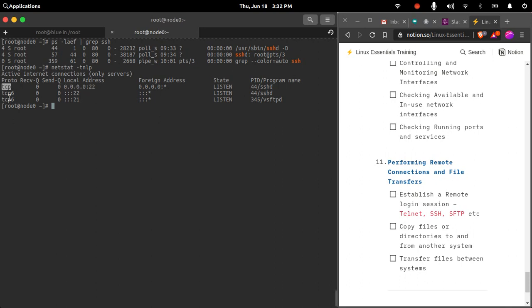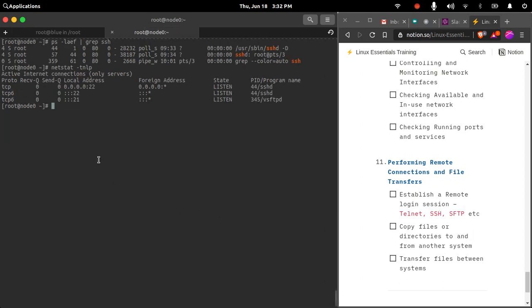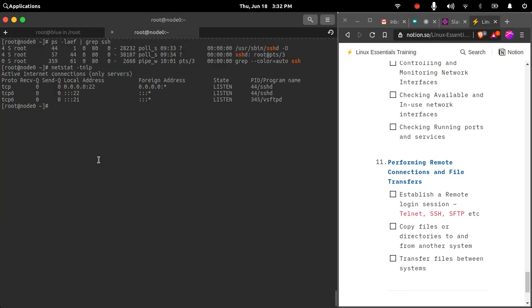It is listening on IPv4 as well as on IPv6. This is the IPv4 address, and this is the address range for IPv6, which is currently not specified. I don't have any IPv6, that's why it is blank. So it is listening on both IPv4 as well as IPv6. SSH is one way of establishing a connection, and you generate a key file when you want to establish a connection. So let us create a user in this demo.